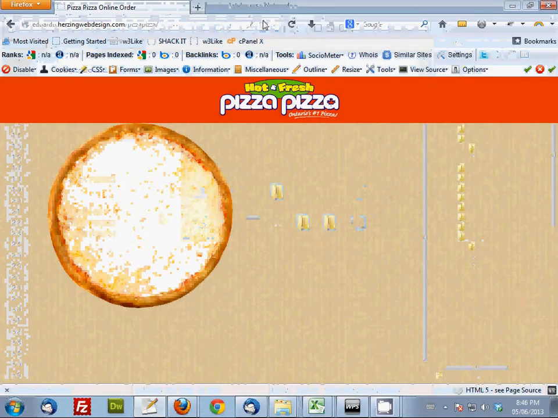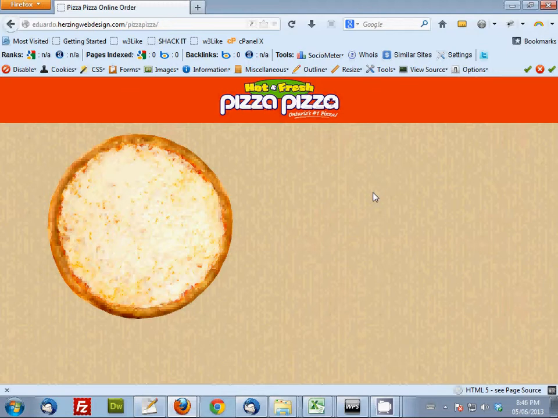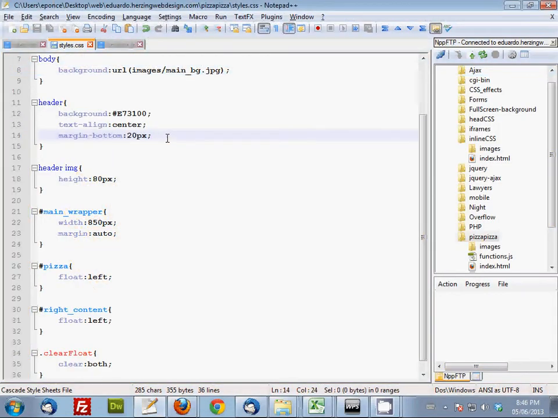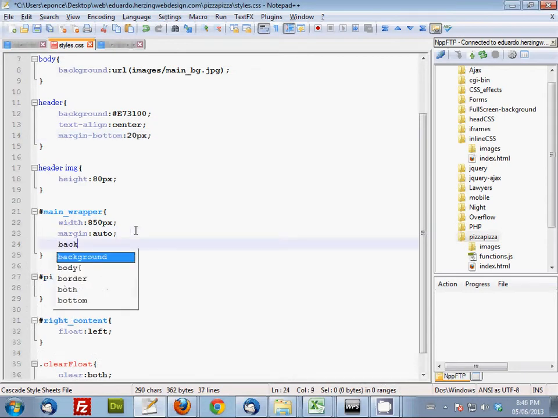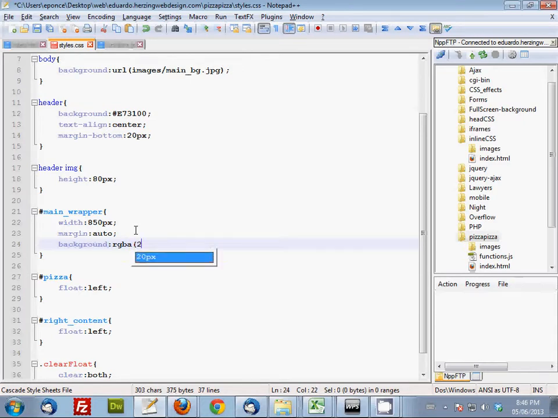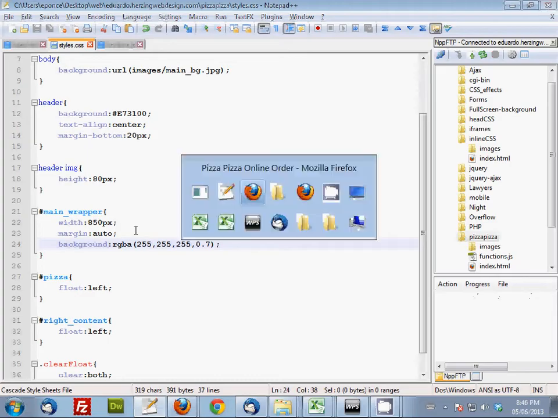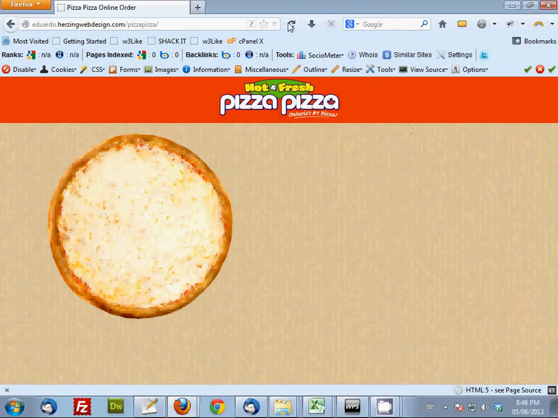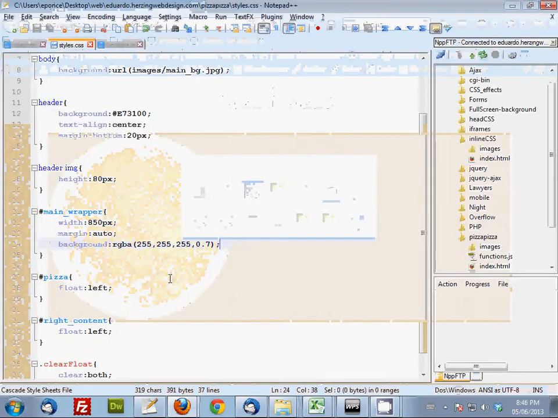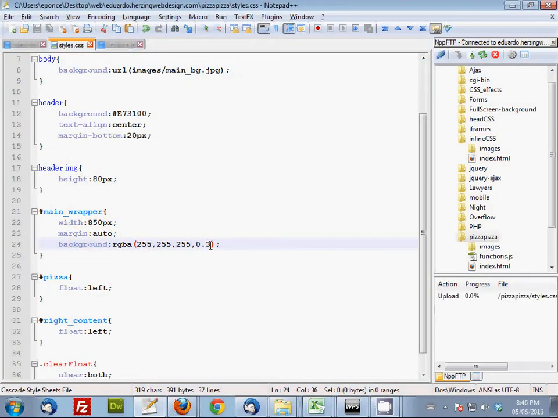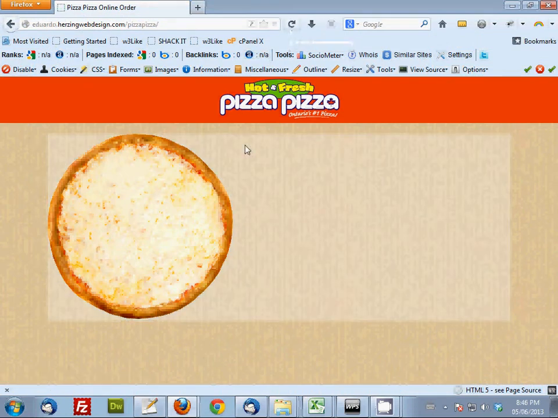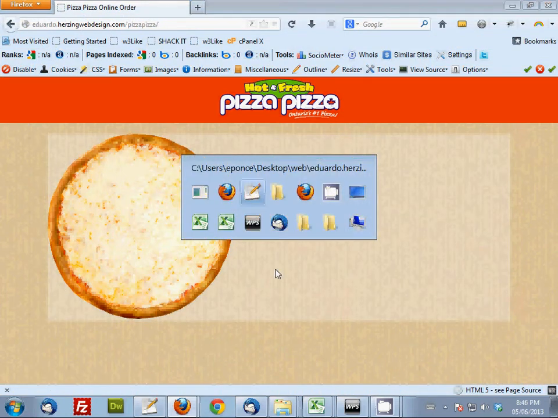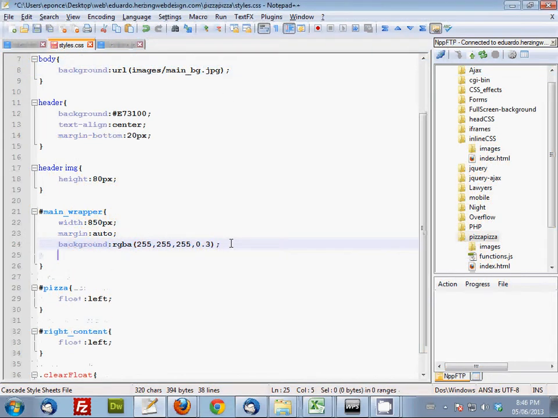Good. And I feel like giving a background to my main wrapper, a little background, just to show where we're working on. RGBA, white 255, 255, 255, little opacity of 0.7. More opacity. Yeah? Good. Then main wrapper will also have a padding of 20 pixels